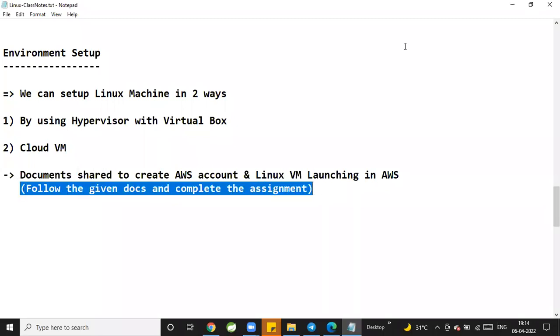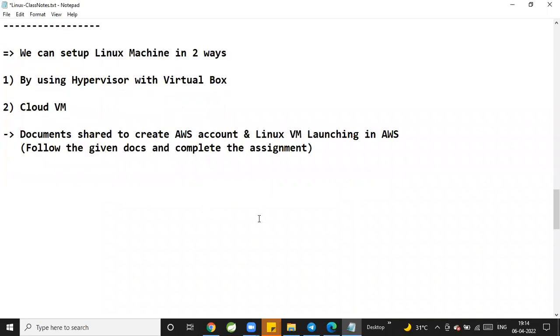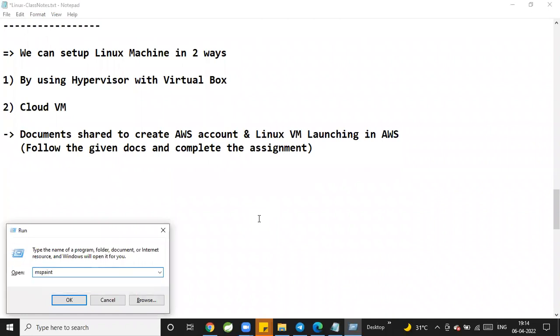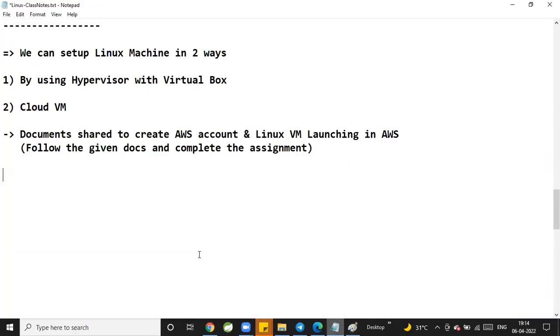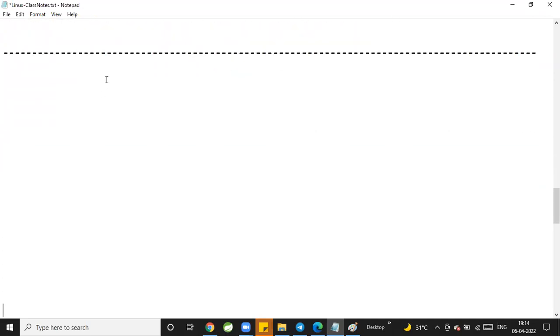I have already given the PDF document in the class notes. People are able to download those class notes, create the account, set up that account, and set up the Linux VM. Now guys, what we are doing is creating an account in AWS and launching a Linux VM in AWS. All right, now step one, create account